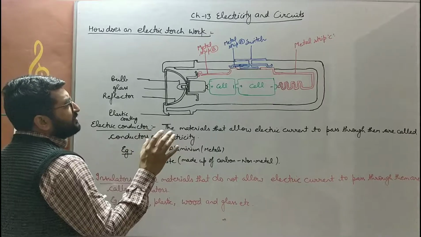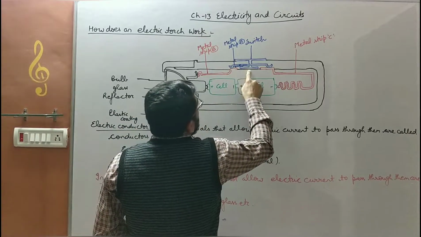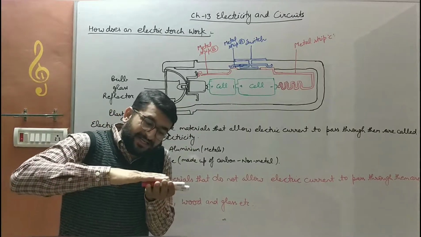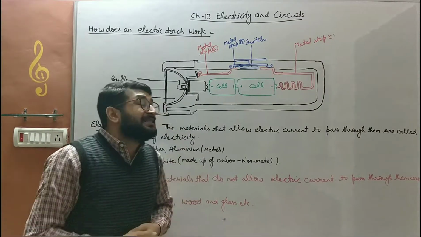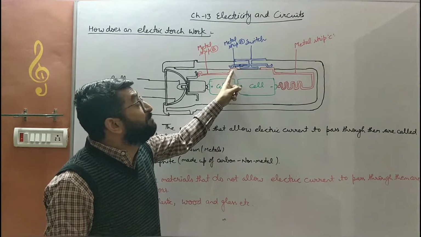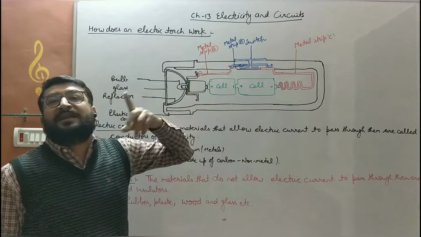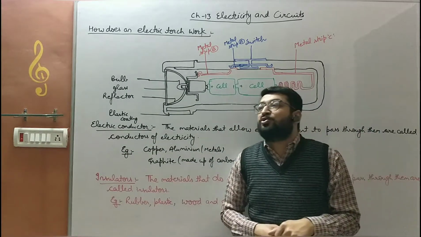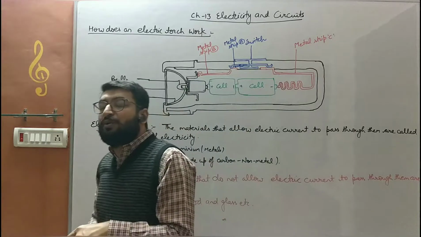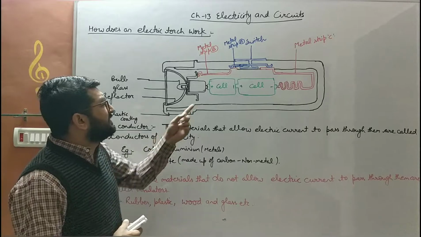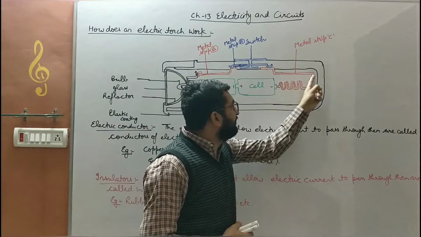What actually happens, bache, this metallic strip A, which is connected to the switch, is movable. When we slide the switch ahead, then that strip, as shown in the diagram, metallic strip A comes in contact with the B, and it makes the circuit closed. It makes the path of current closed, and current always flows through a closed path. And the electricity starts to pass, bache, from positive to negative.